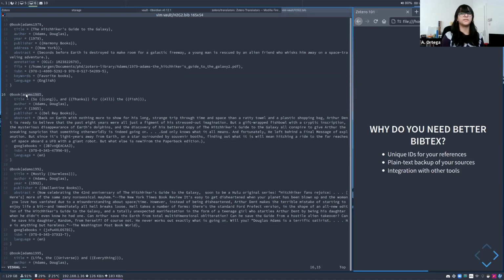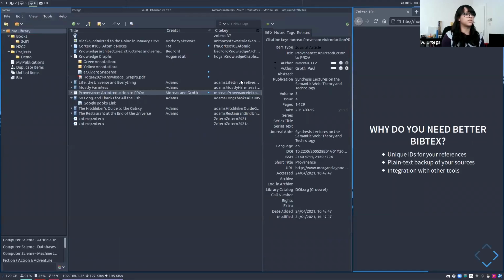So these are the cite keys, which means you could actually, as I was saying at the beginning, maintain your library of references by hand. You can build this plain text version of your library. But now you have to think about what is the unique ID for each of the references that I add. And this can really be somewhat of a pain. So Better BibTeX helps in this regard, because now you can have some rules about how to make